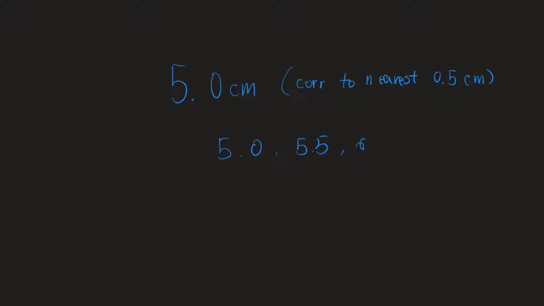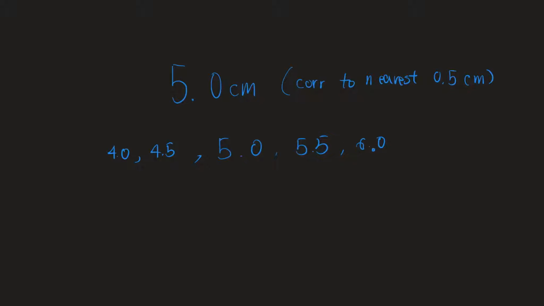So basically, I just considered this one and showed you how to do it. For example, sometimes when you have the measurement 5.0 cm, correct to the nearest 0.5 cm, for example, like this, which gives you the meaning. When you look at it, actually, you have 5.0 or 5.5 cm or 6.0, or you have